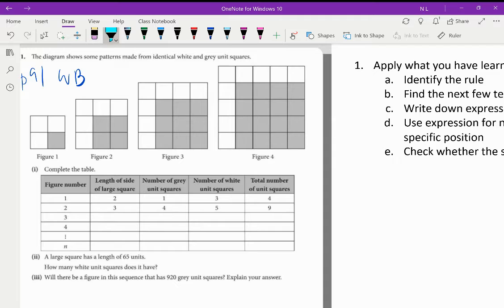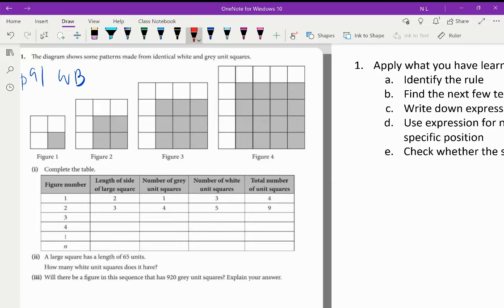And when they say the number of white unit squares, which are the white colored ones, these are the unit squares. The total number of unit squares will be all the small squares you found inside this large square. So for figure number 3, let's fill up